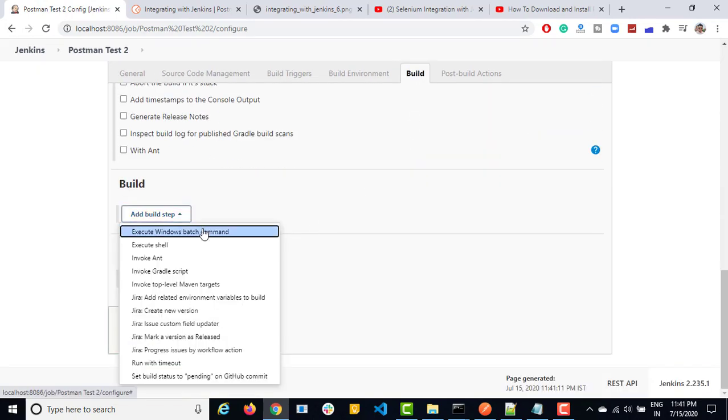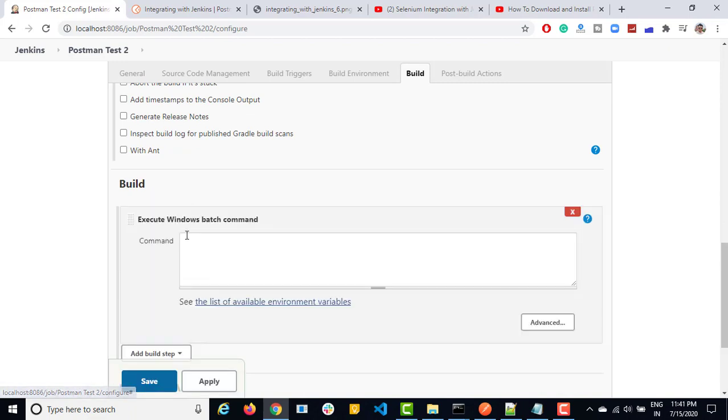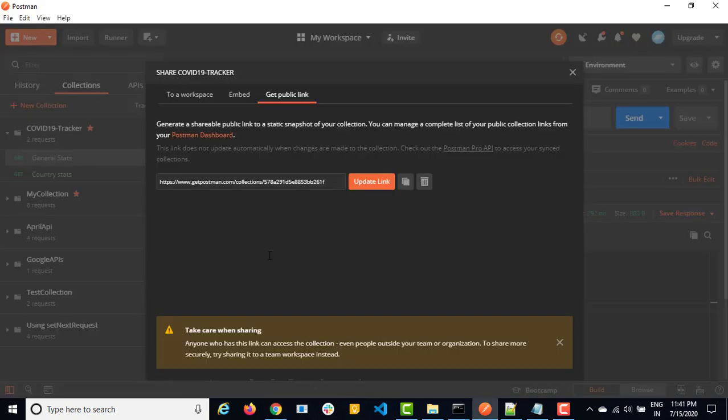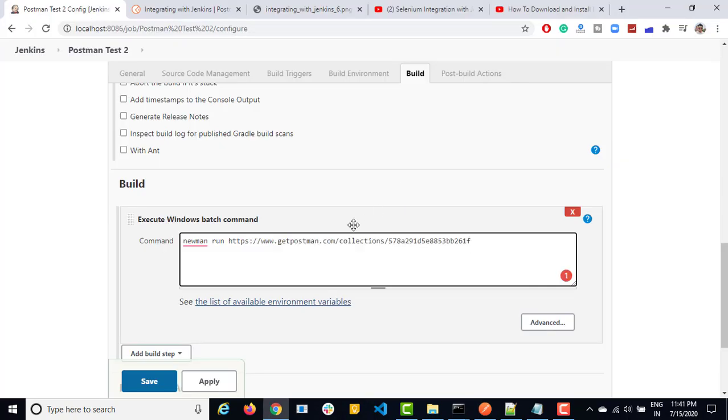Again guys, if you're working on Mac or Linux or Unix, you need to click on shell. Right now I'm working on Windows, so I'm selecting Windows batch command, and then I will mention newman run, and this time I simply provide that public link, which is this one. So either you provide the JSON or you provide this shareable link.